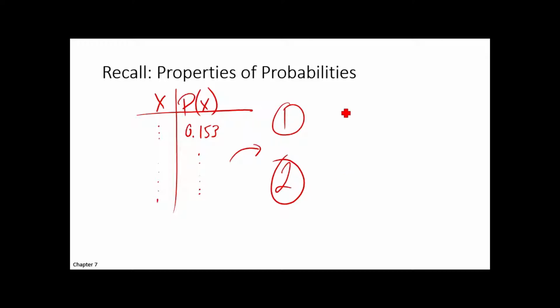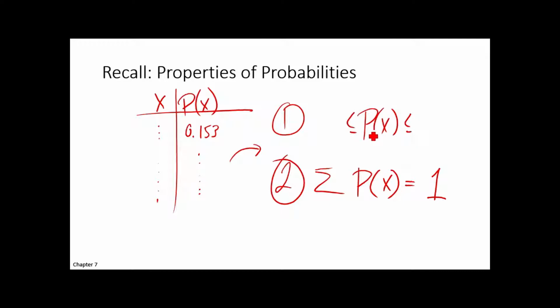Yeah, one of the rules is that if you added up all the probabilities, they had to come out to 1. Otherwise, you didn't actually have a valid probability distribution. That was one of the properties. What was the other property? That probabilities are always between what? 0 and 1. Right?